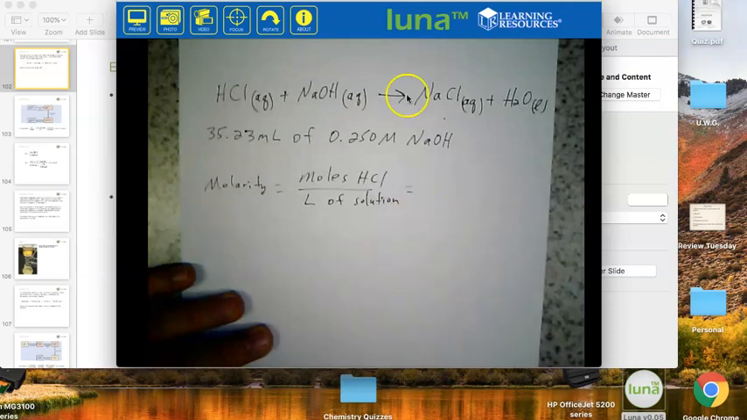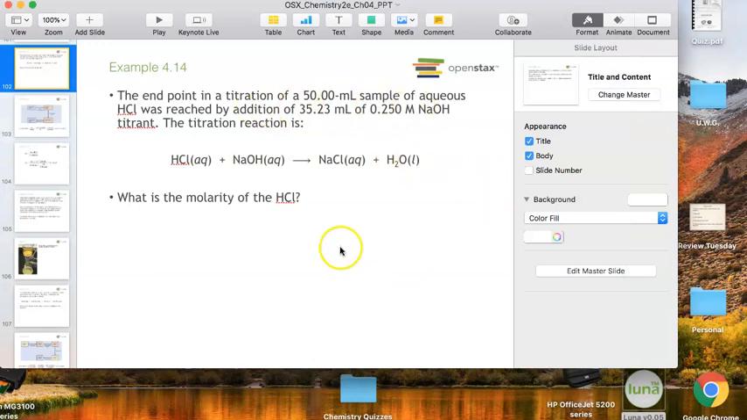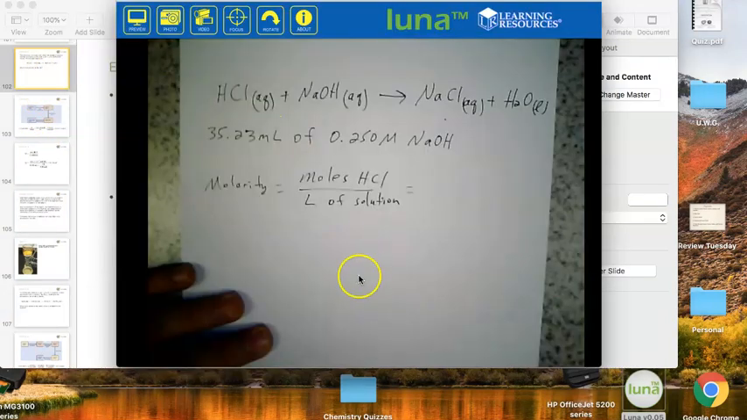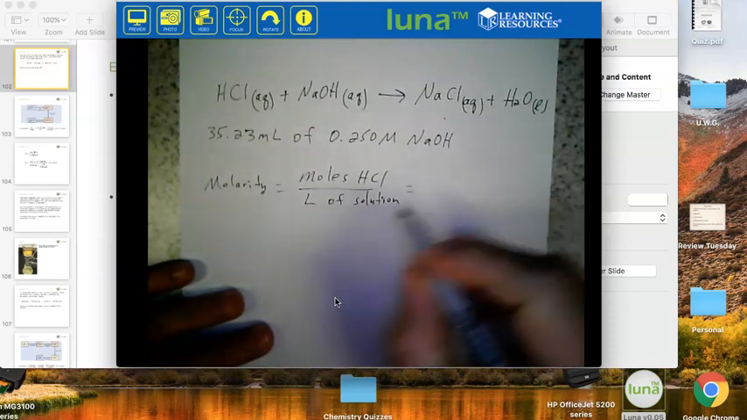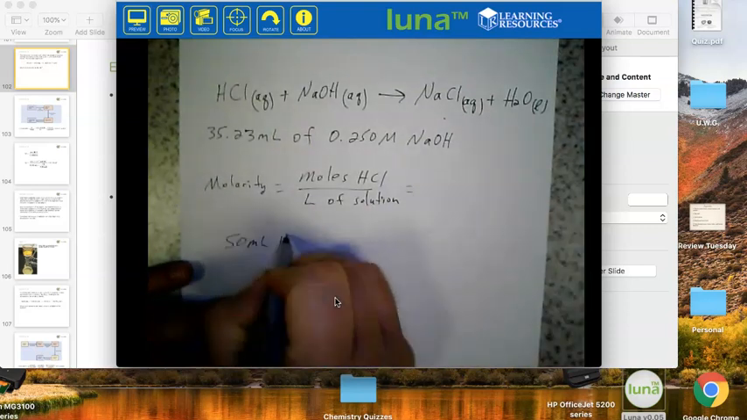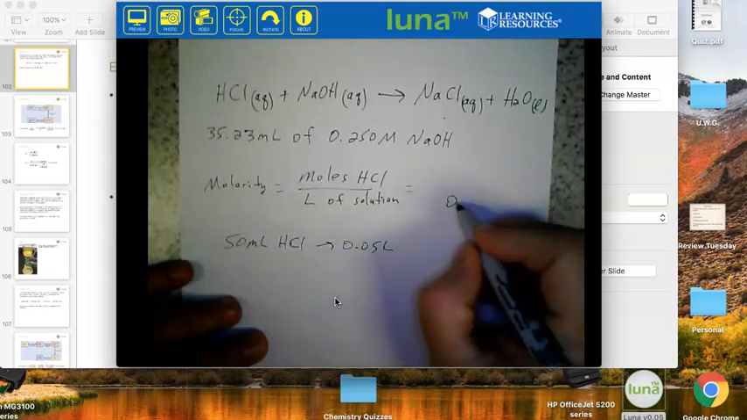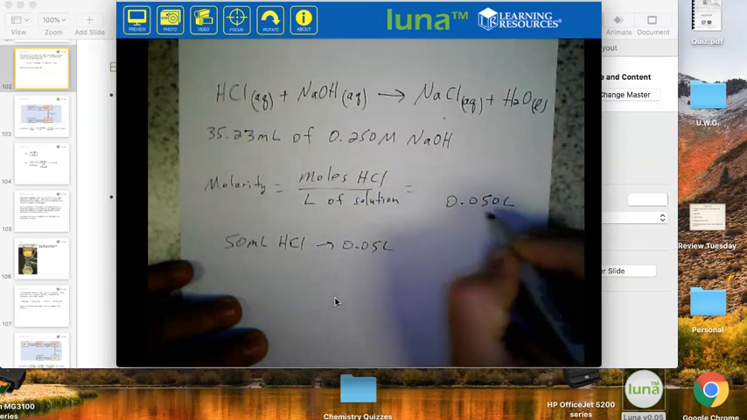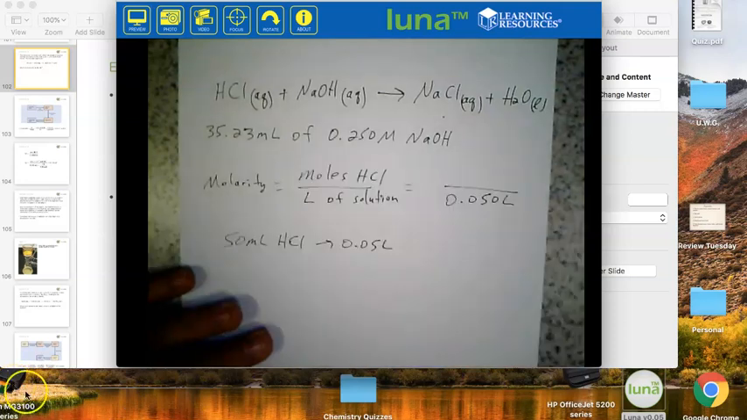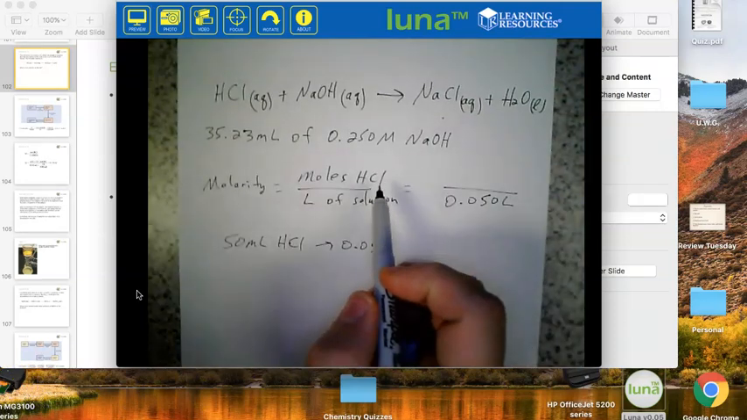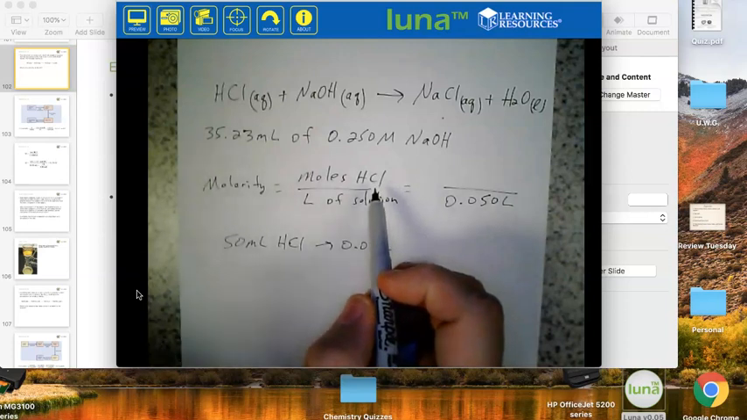If we look back at the question here, it says they use a 50 mL sample of aqueous HCl. Okay, so that is going to be our volume for the solution. All right, so 50 mL of HCl, and that's 0.05 liters. Okay. So what we're having to do here is find the moles of HCl, and so